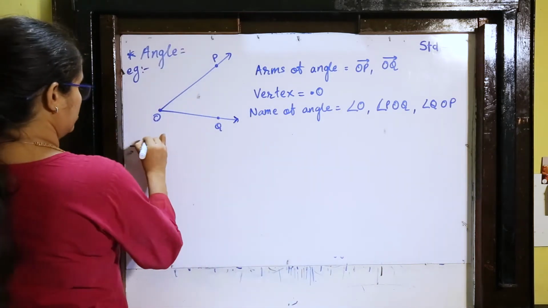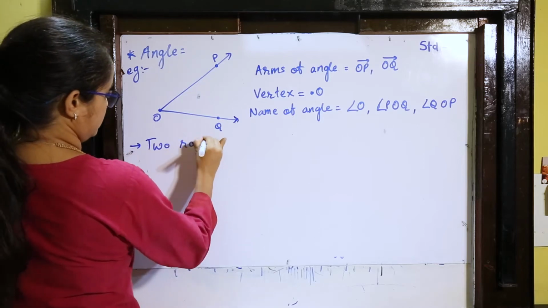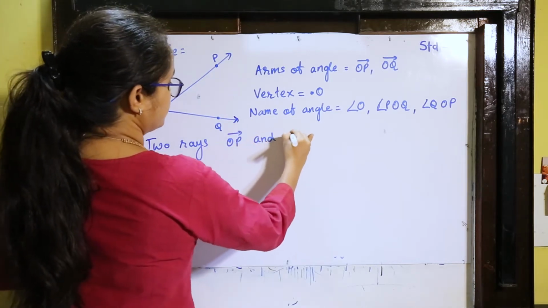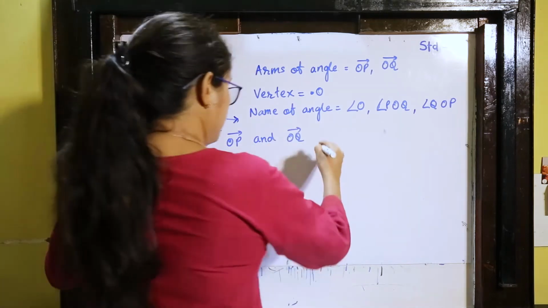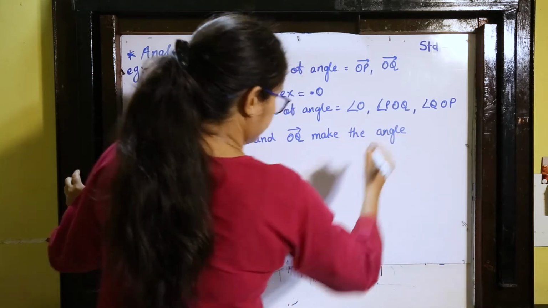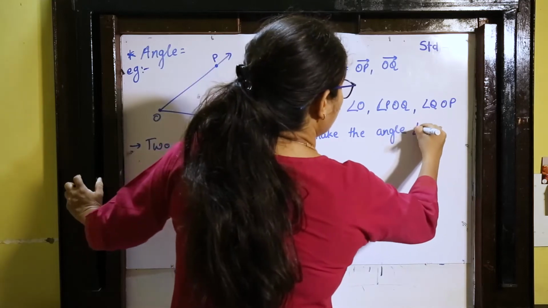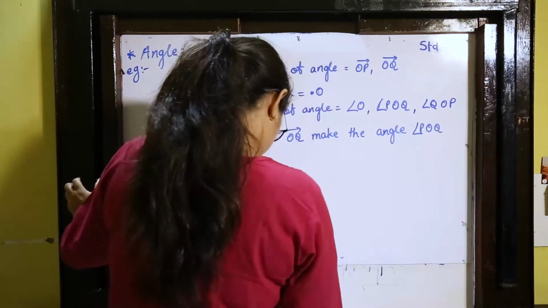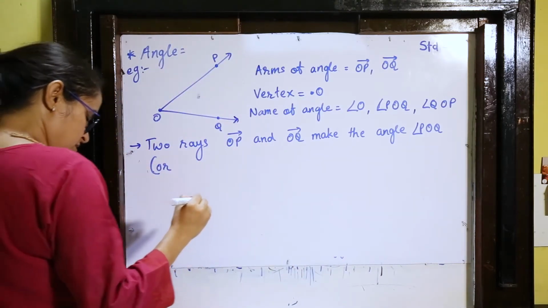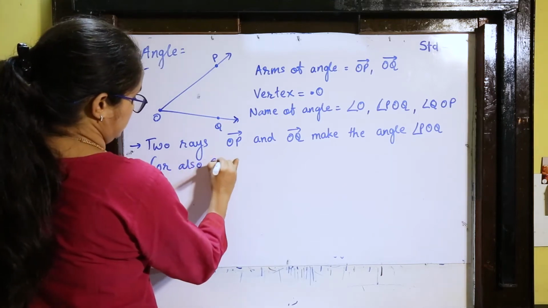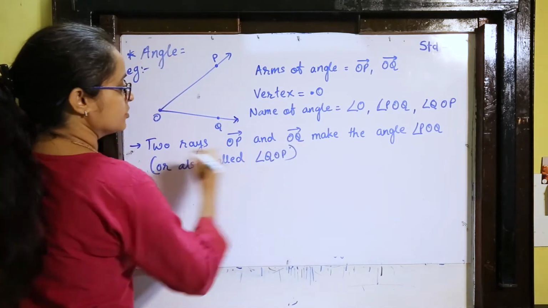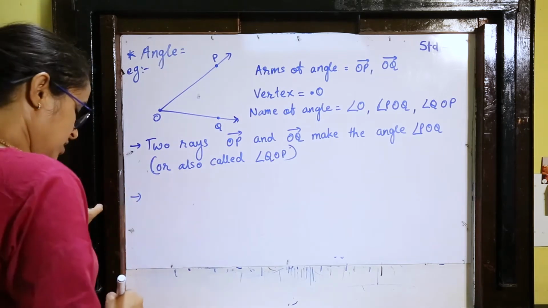Two rays OP and OQ make the angle POQ, or in bracket you can write, also called angle QOP. Okay, first point. Second point you write: the angle divides